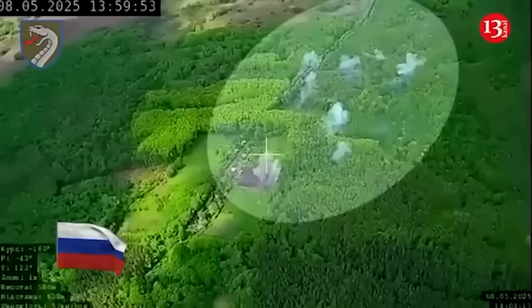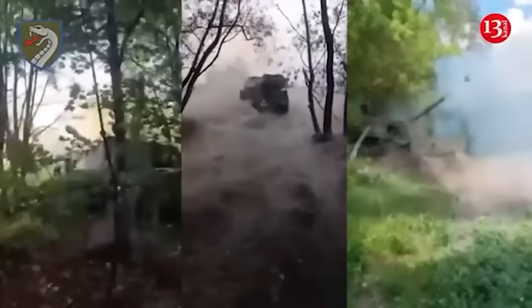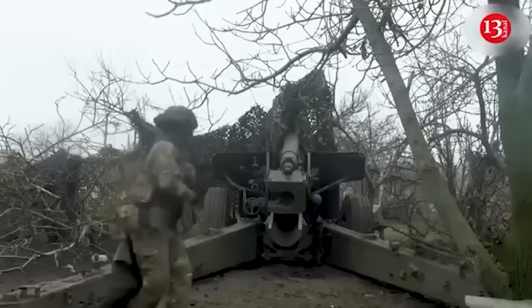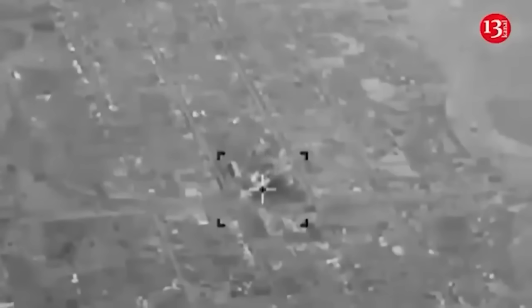Since expelling Ukrainian forces from the Russian Kursk region earlier this year, Russian troops have been trying to establish what the Kremlin calls a neutral zone in the Sumy region. Russia regularly attacks larger cities, including Sumy,